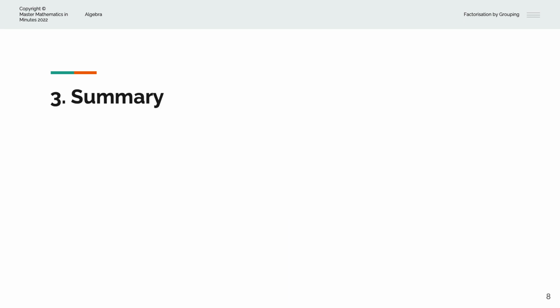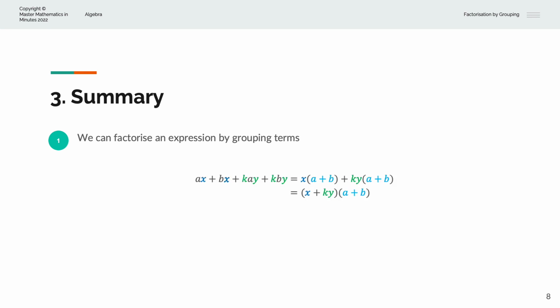To summarize, we can factorize an expression by grouping terms together. So we've seen the example ax plus bx plus kay plus kby. We have the common variable x in the first two terms and the common variable ky in the third and fourth terms. So we can factorize x from the first two terms, and that becomes x into a plus b,